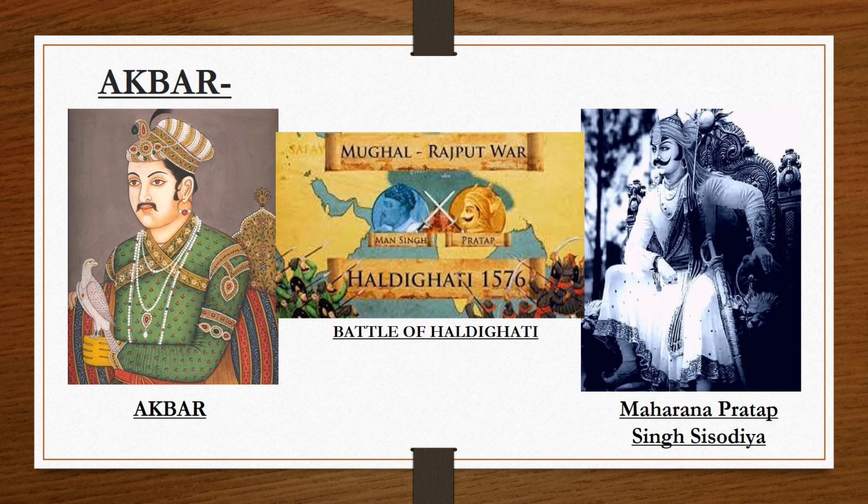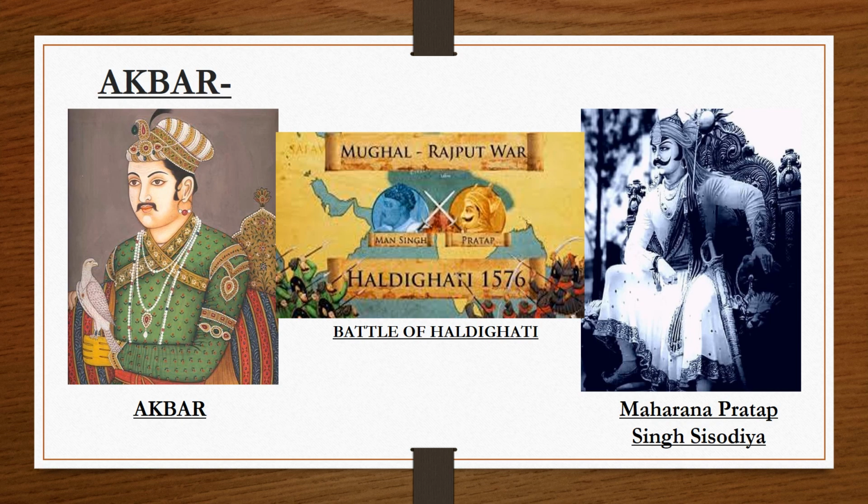When Humayun died, his son Akbar, who had always aspired to build a vast empire in India, tried to persuade the mighty Rajput kings to support him. Some among them joined hands with him, but Maharana Pratap Singh Sisodia of Mewar opposed Akbar. He was a proud and brave warrior.